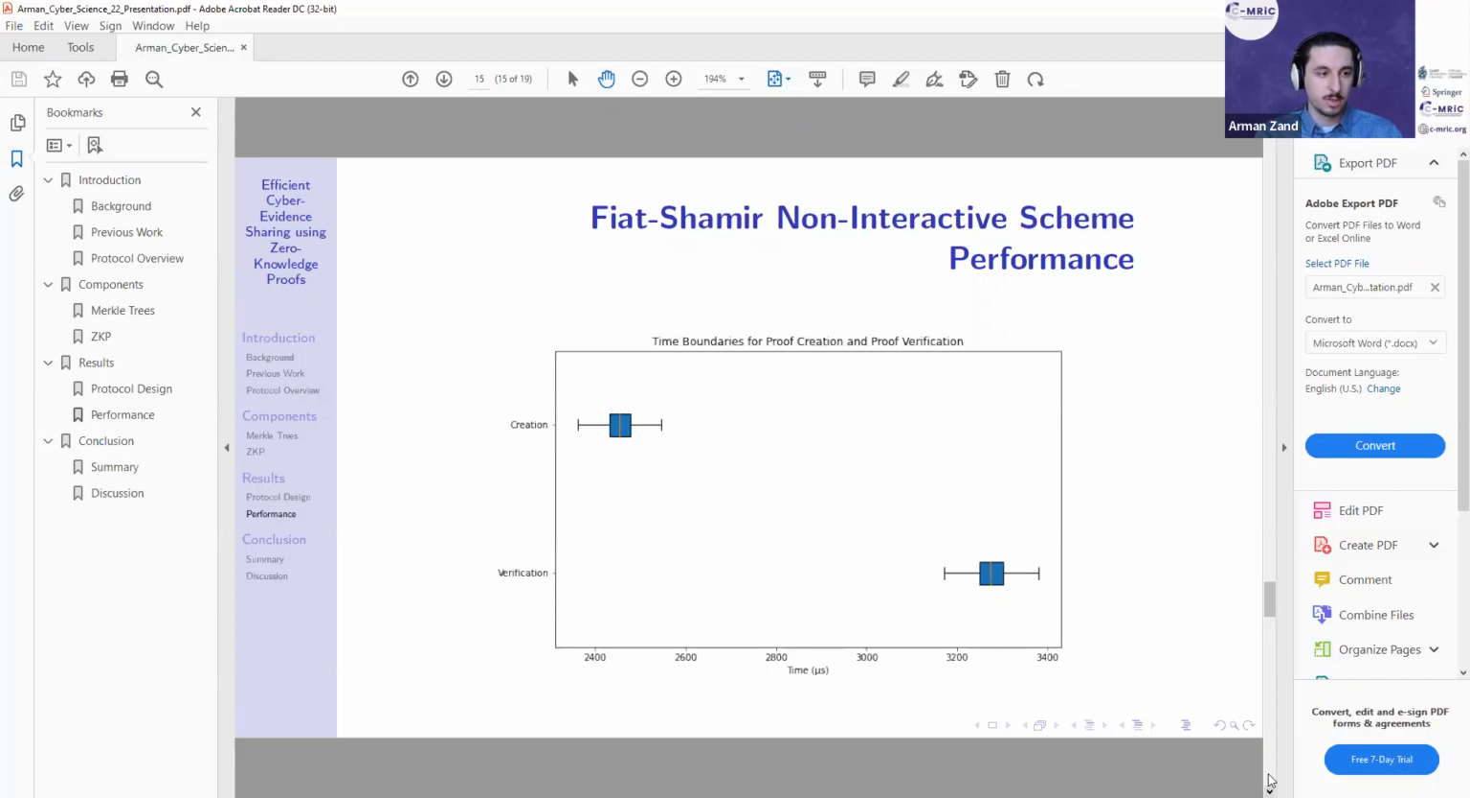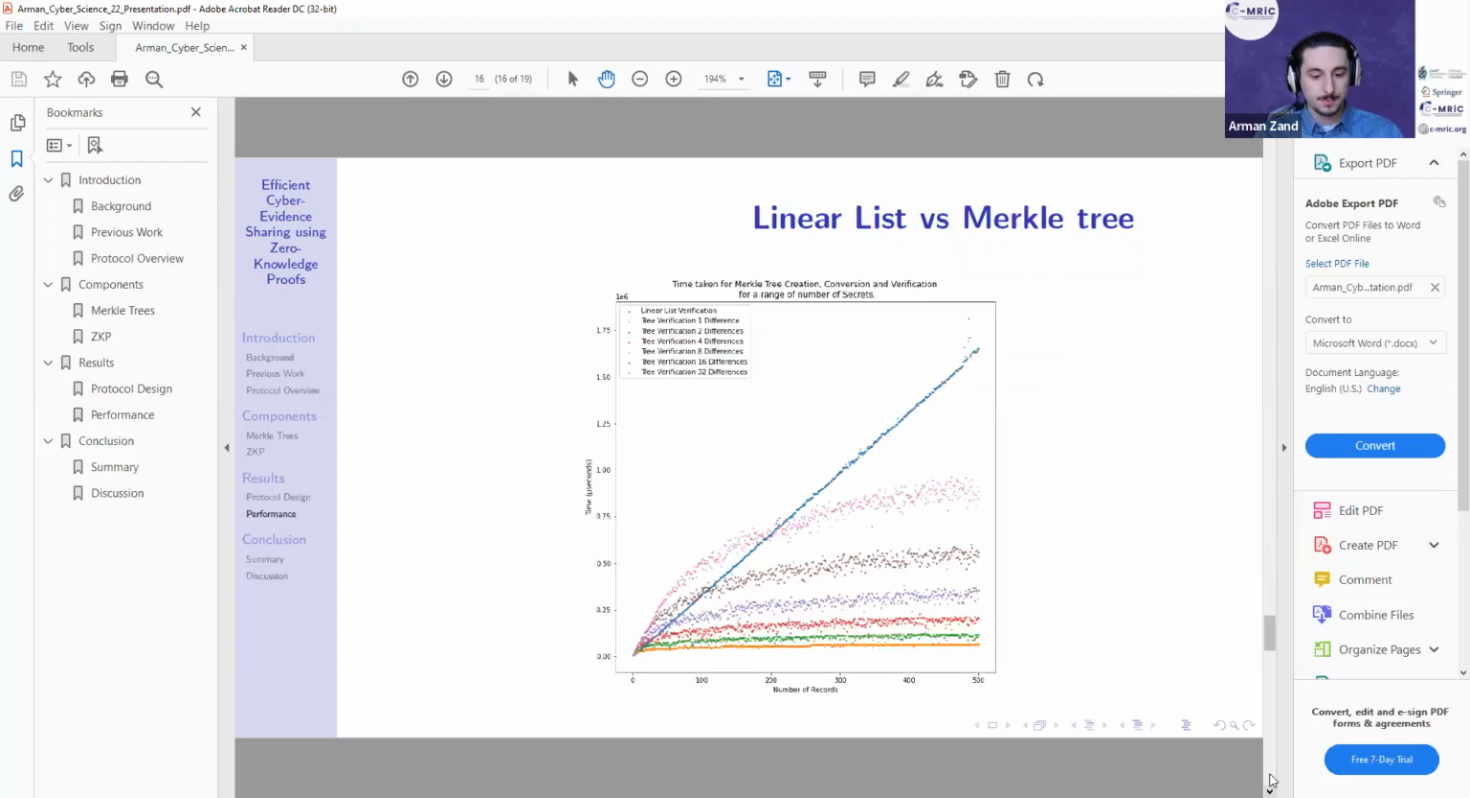So it's quite fast. But if we have a lot of proofs to check, how efficient can it be? So next slide, please. So we have a